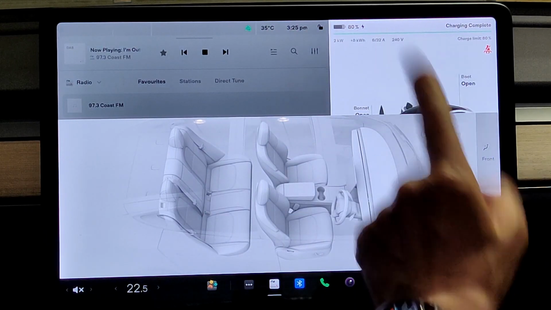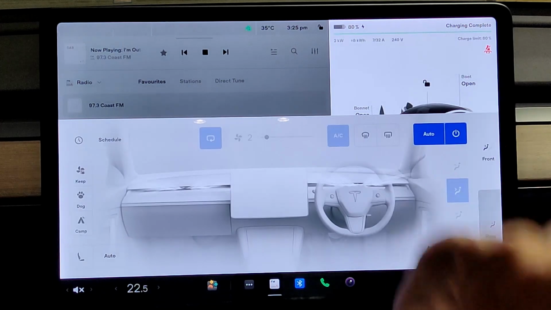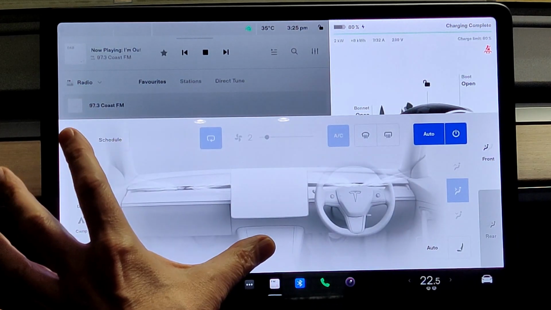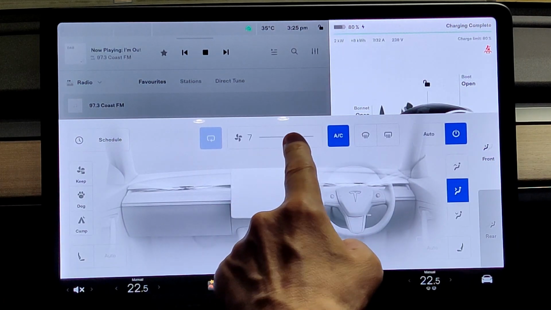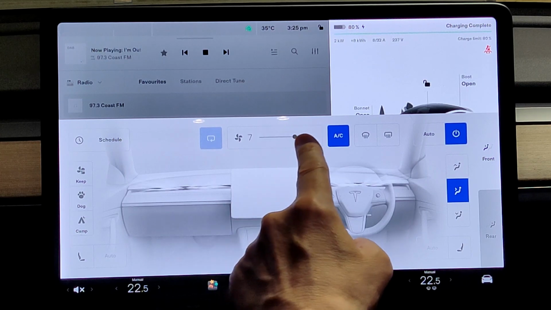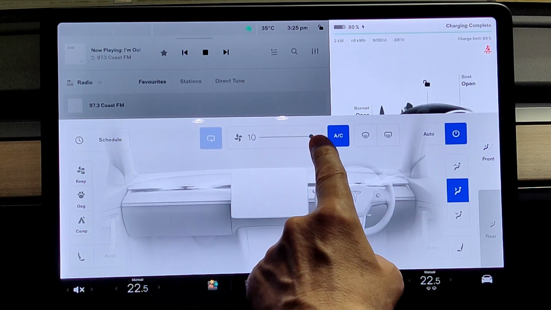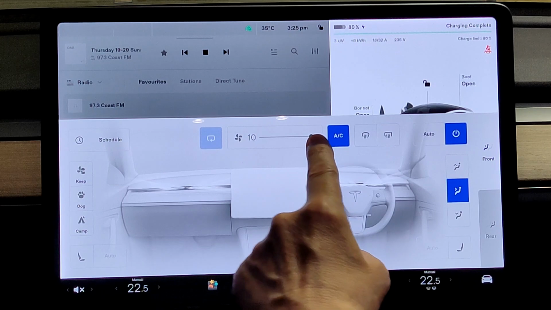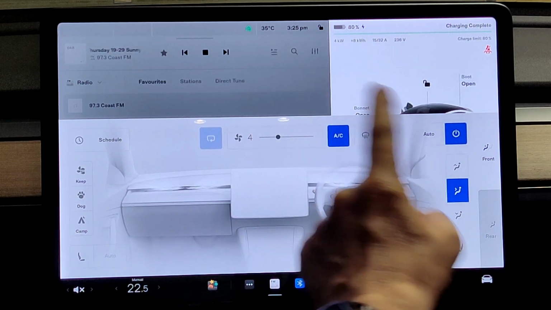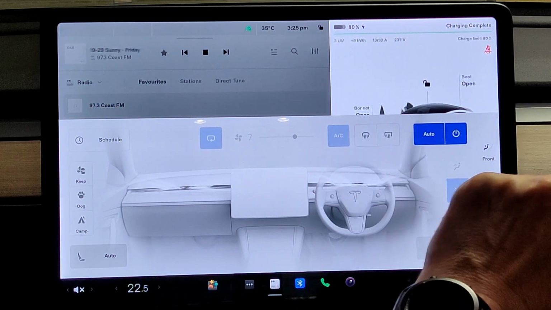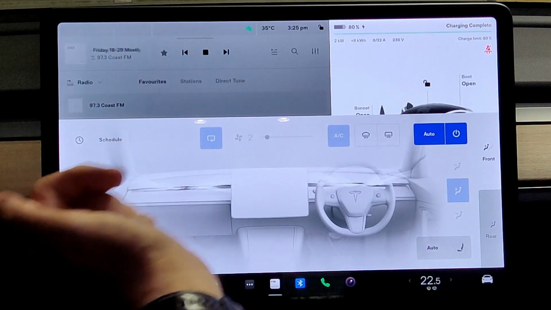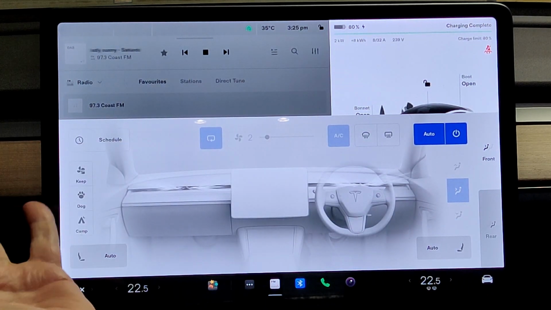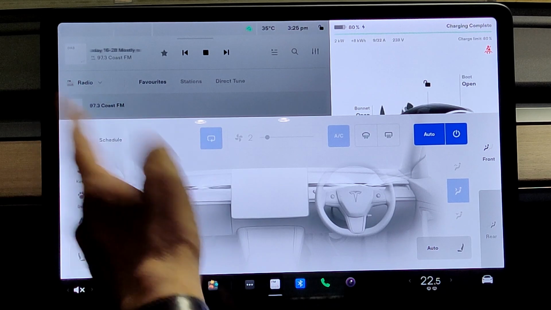You can turn the fan on at the rear, but most of the time this is the bit that you're going to do. You can control the fan, so if I turn it right up, you'll hear, and turn it down, or put it onto auto and it will adjust it itself according to the temperatures that you've set. You can schedule it to